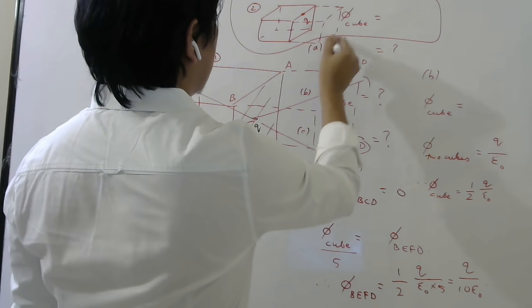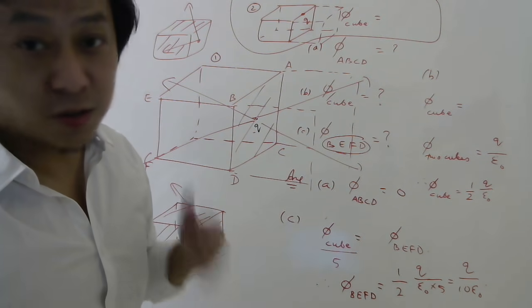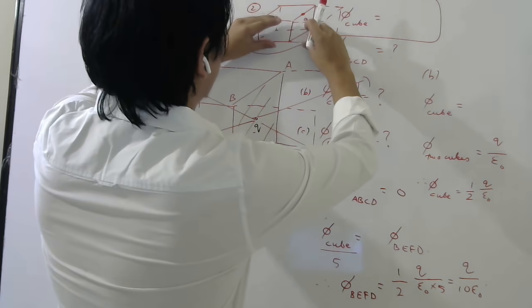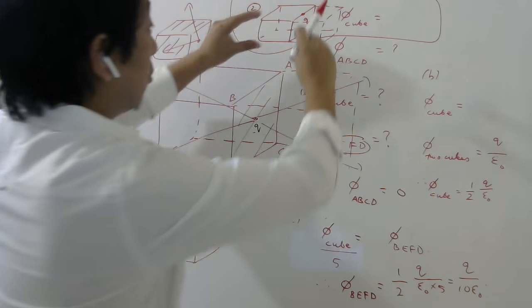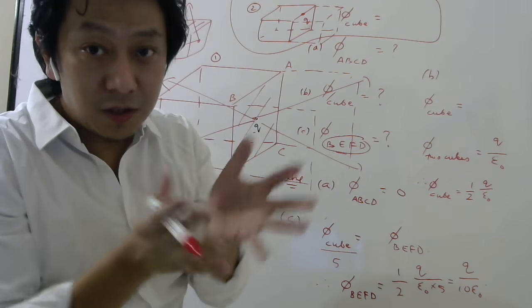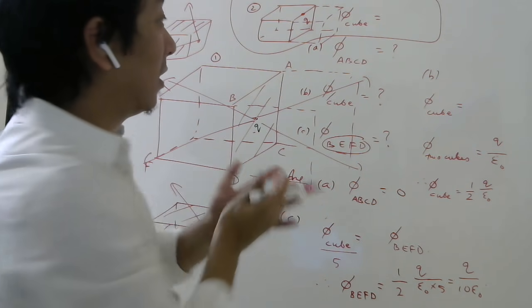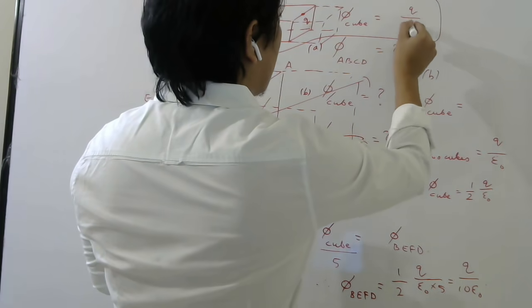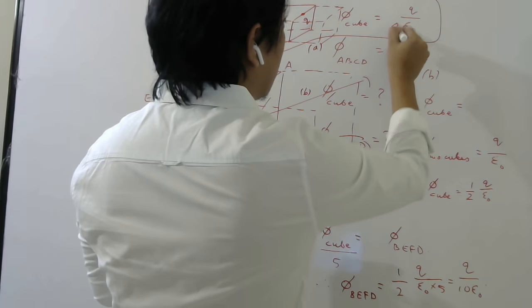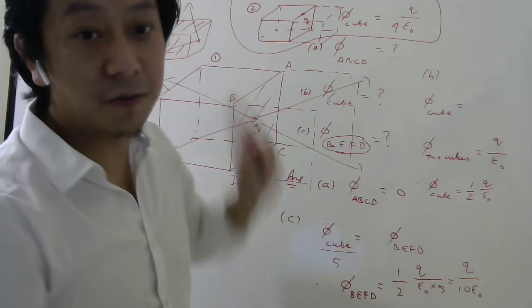like this, then can I say this is inside the 2 cubes? No. Now I cannot say it is inside. So what do I have to do? I have to draw 2 more cubes on the top. So if I draw 2 more cubes on the top, then this charge will be in the middle of those 4 cubes. Then I can find flux through the 4 cubes, and that will be q by epsilon naught according to Gauss law. Then I divide by 4. Why? Because there are 4 cubes. The question was to find flux through only one cube.